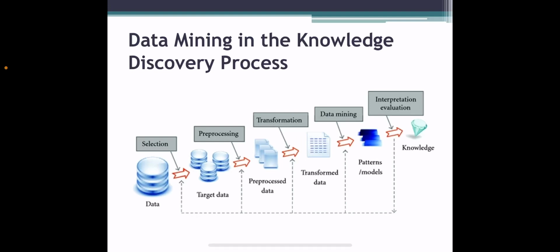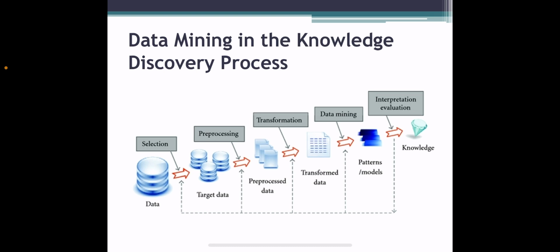As you can see, we have data and target data, pre-processed data, transformed data, patterns, models, and knowledge. So first of all, we have the selection, and the selection will get some target data, like it will be divided into some parts. Then we have the pre-processing